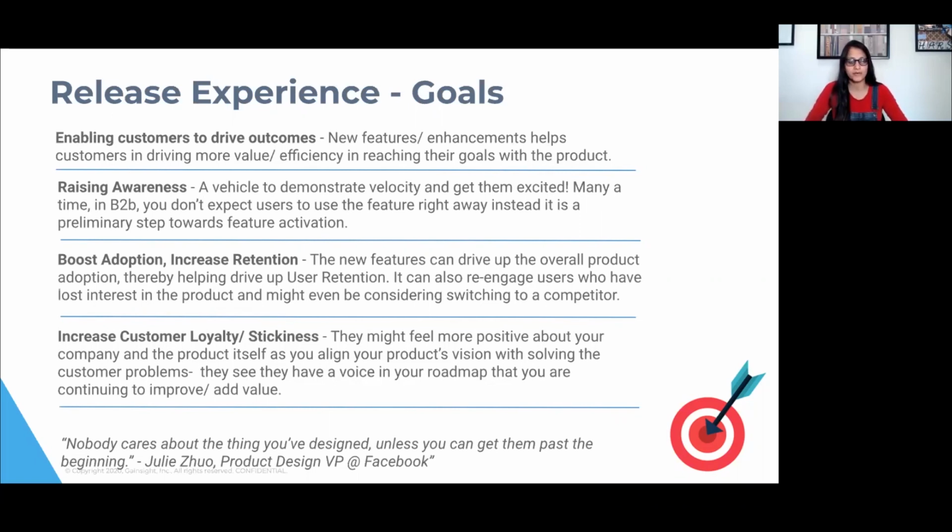They may not adopt it right away, but you want them to be in the know of this feature so that you're activating that use case, that feature, that mindset already, so they can get to it when they're ready to use it. Another goal is boosting adoption of your entire product, right? This is very common: there are specific features that our customers may be looking for in your product release. So a couple of features can really boost adoption of your entire product and also help with increasing